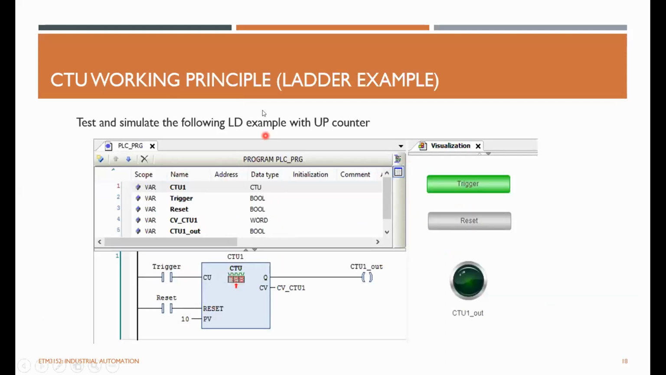So here's a simple example using the counter in Codesys. This is a ladder diagram. So we have a trigger signal connected here. It's a Boolean type, and reset, which is connected to a normally open contact. And I have provided the preset value as 10, which is my upper limit, and CVC counter 1, which is,